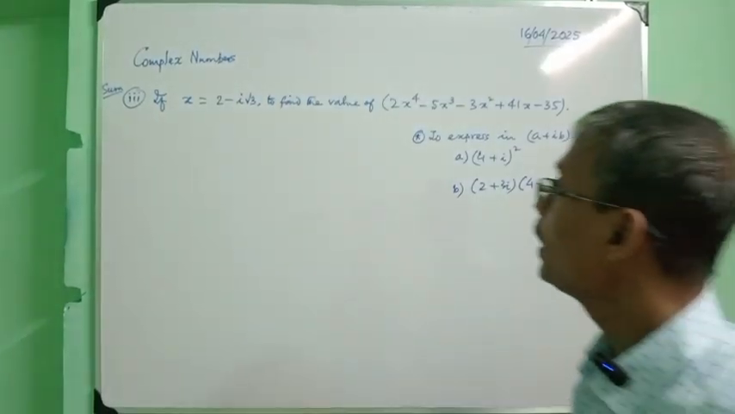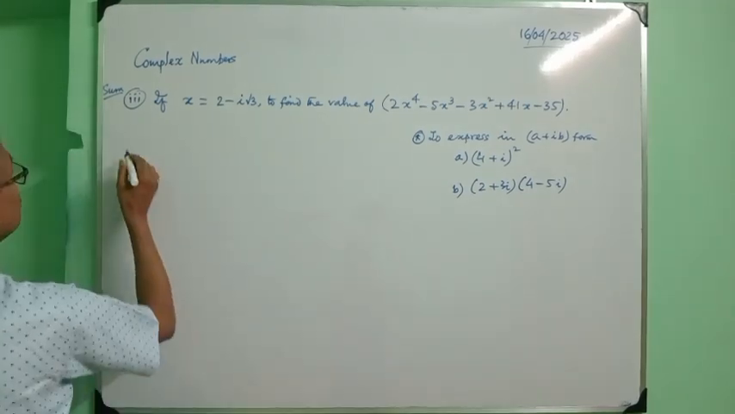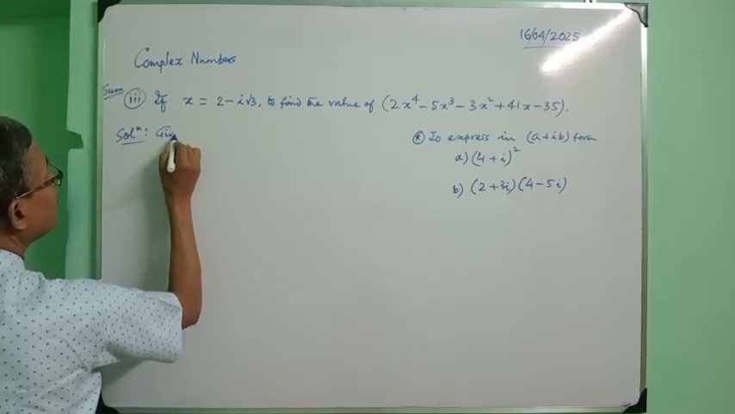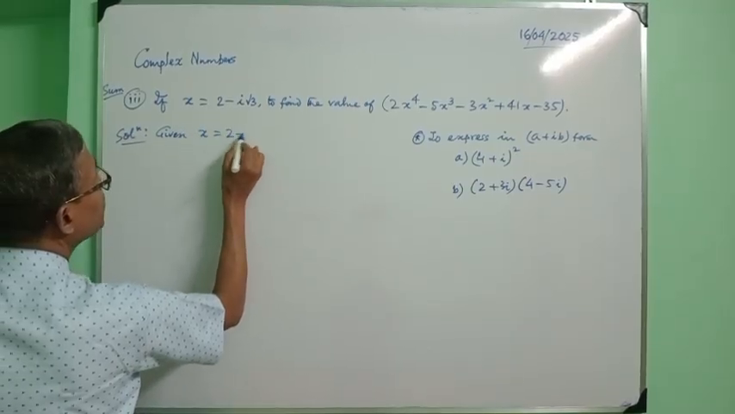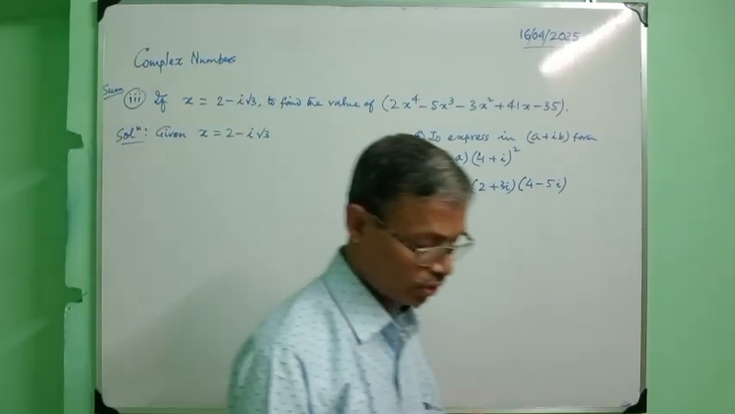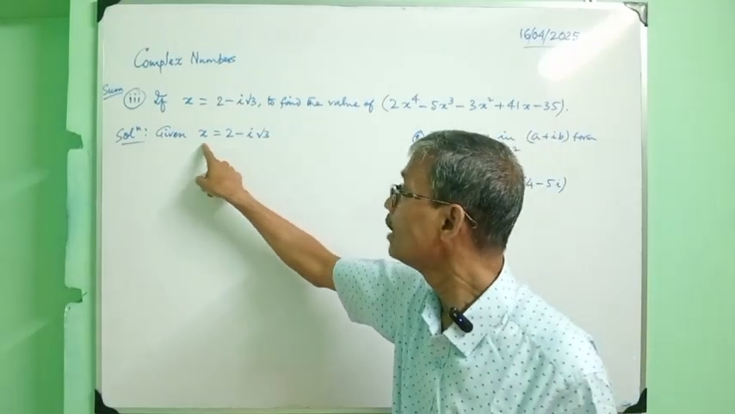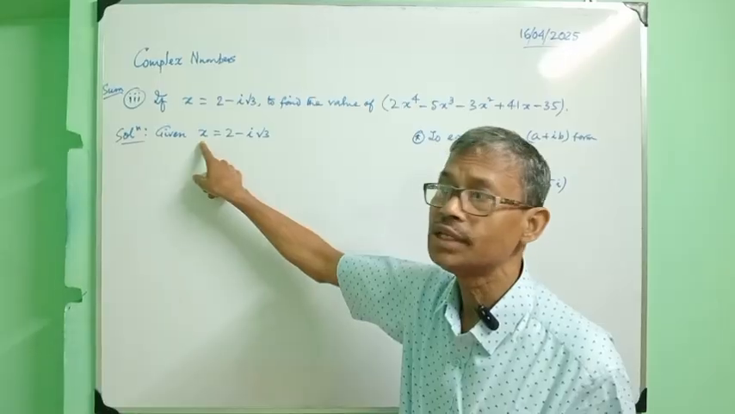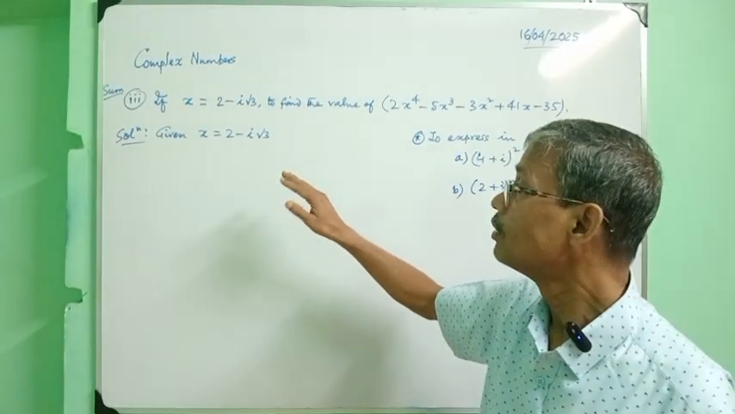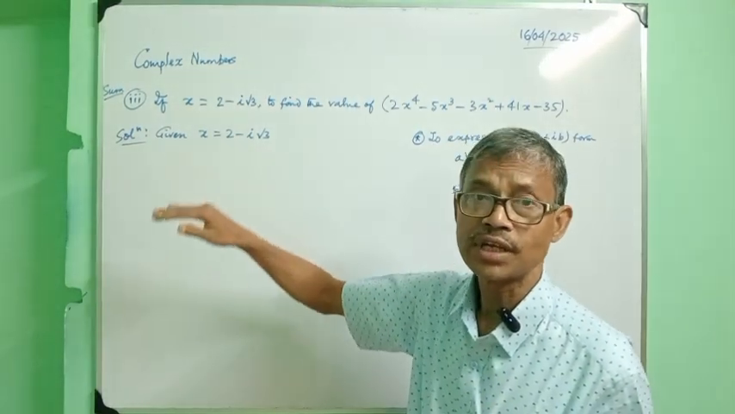Next sum, if x is equal to this, then we have to find the value of this expression. Given x equal to 2 minus i root 3. First I note the complex number 2 minus i root 3, and the left hand side x is in the real form. To solve such type of problems, we first take the real part on the left side,